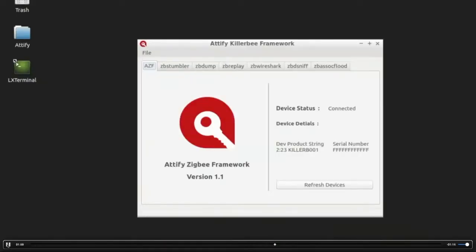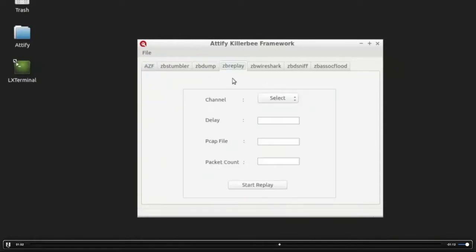So a lot of you who have Philips Hue in your home, you can try this out. So simply specify the PCAP that you want to replay, how much interval you want to give for each packet, and how many packets you want to replay.